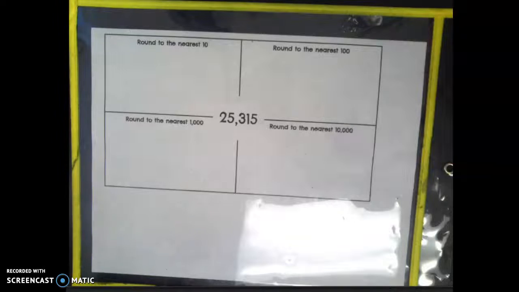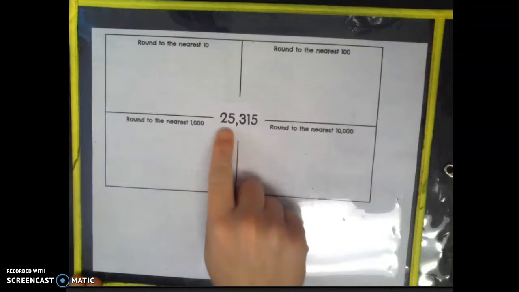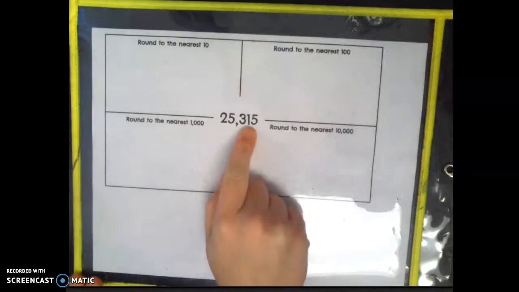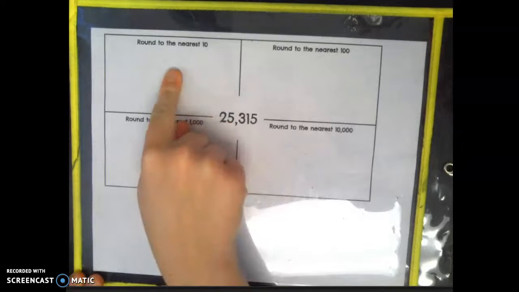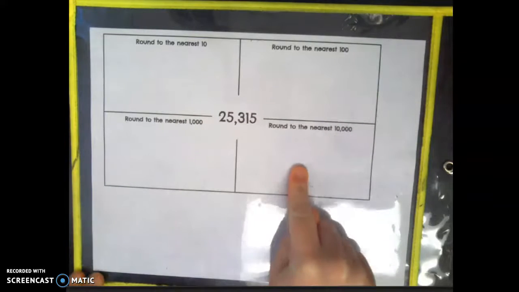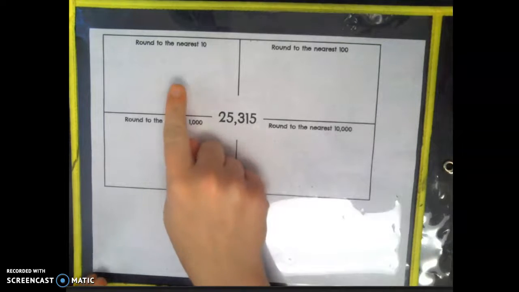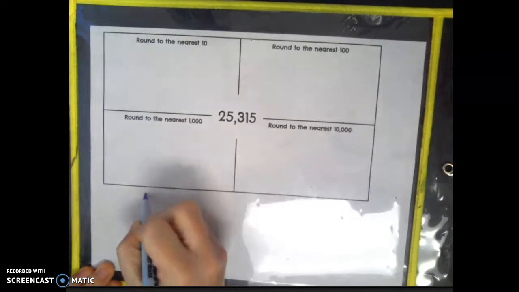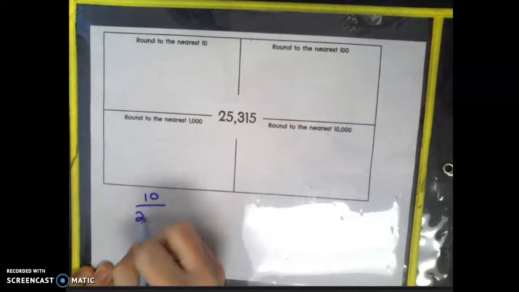Okay, boys and girls, we are going to round the number 25,315 to the nearest tens, the nearest hundreds, the nearest thousands, and the nearest 10,000s place. We're going to start with rounding it to the nearest tens place. So, what I'm going to do is I'm going to write